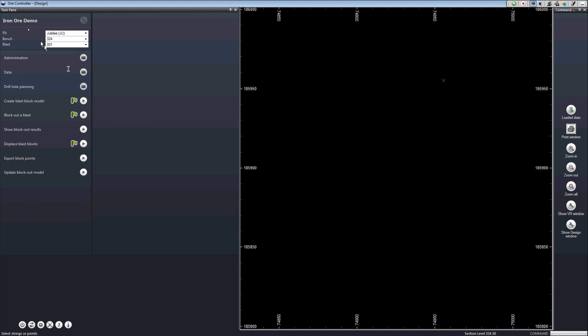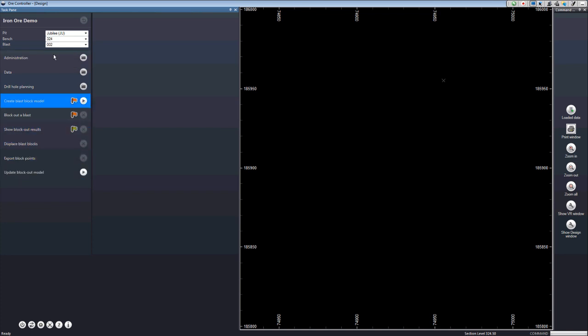For example, if you want to specify a pit, then a cut, then a bench, and a blast. Or if you only have one pit in your operation, then we just remove the item that says pit. And the user interface below is sensitive to the selections that you make here. So on bench 324, I have currently 5 blasts that have been entered and are being processed. And if I switch to blast number 2, you'll see that the UI changes down below.